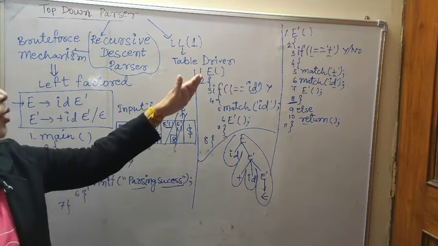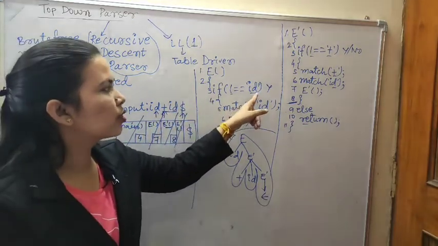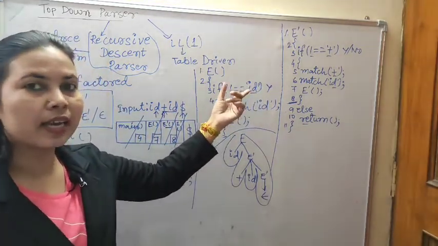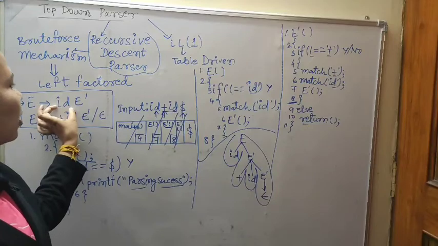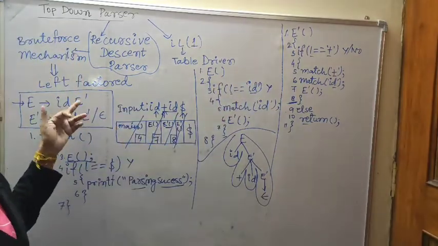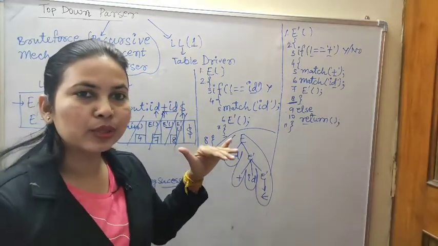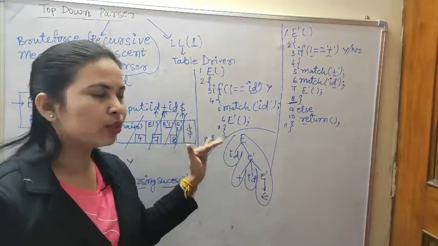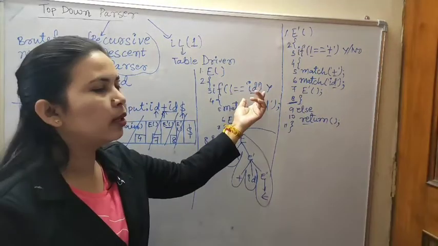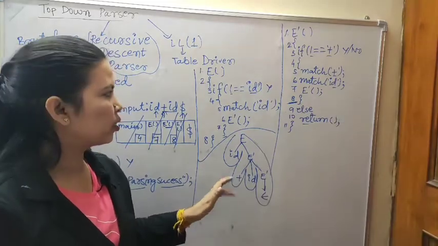Then we are going to the E function. E function, what is given? id and E dash. So then look ahead is equal to it. Why are we writing id? Because it is the terminal variable. We will not write non-terminal variables in the look ahead place, because id is already reduced form, terminal is already reduced form. So the reduced form in the look ahead will be checked, that means reduced form systems will be printed, that is why.